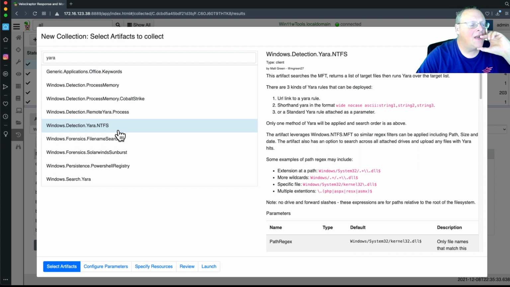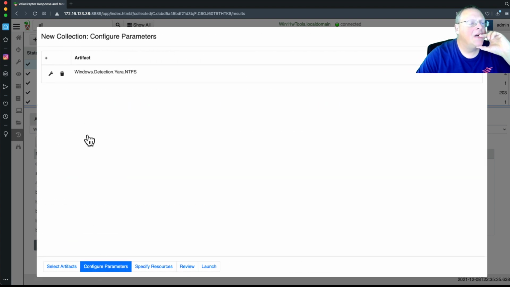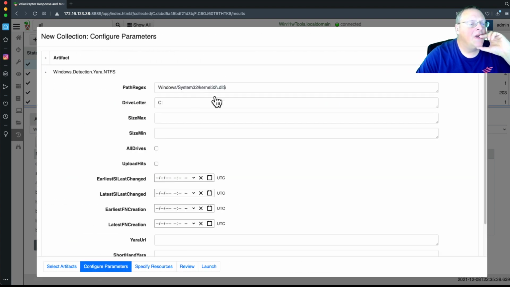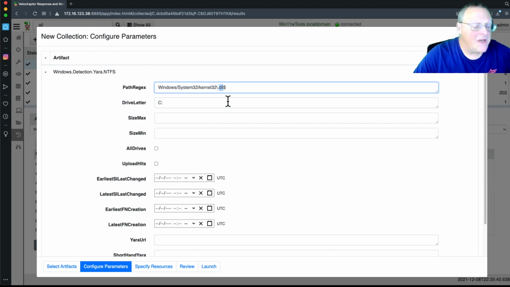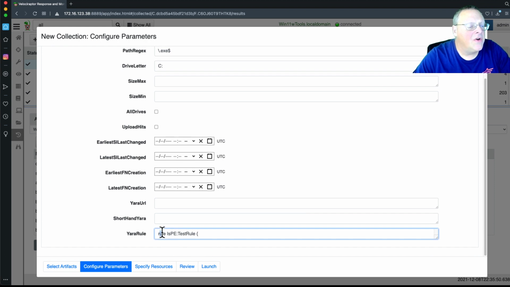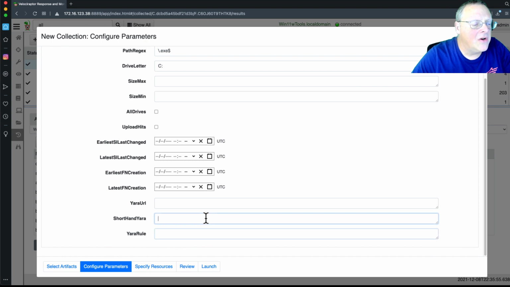Detection, Yara, NTFS. And we don't want DLLs, we want EXEs. And we don't want to just look in that folder. We want to look in all the files on the C drive. And we don't want this test rule here. What we want is to look for either ASCII or wide